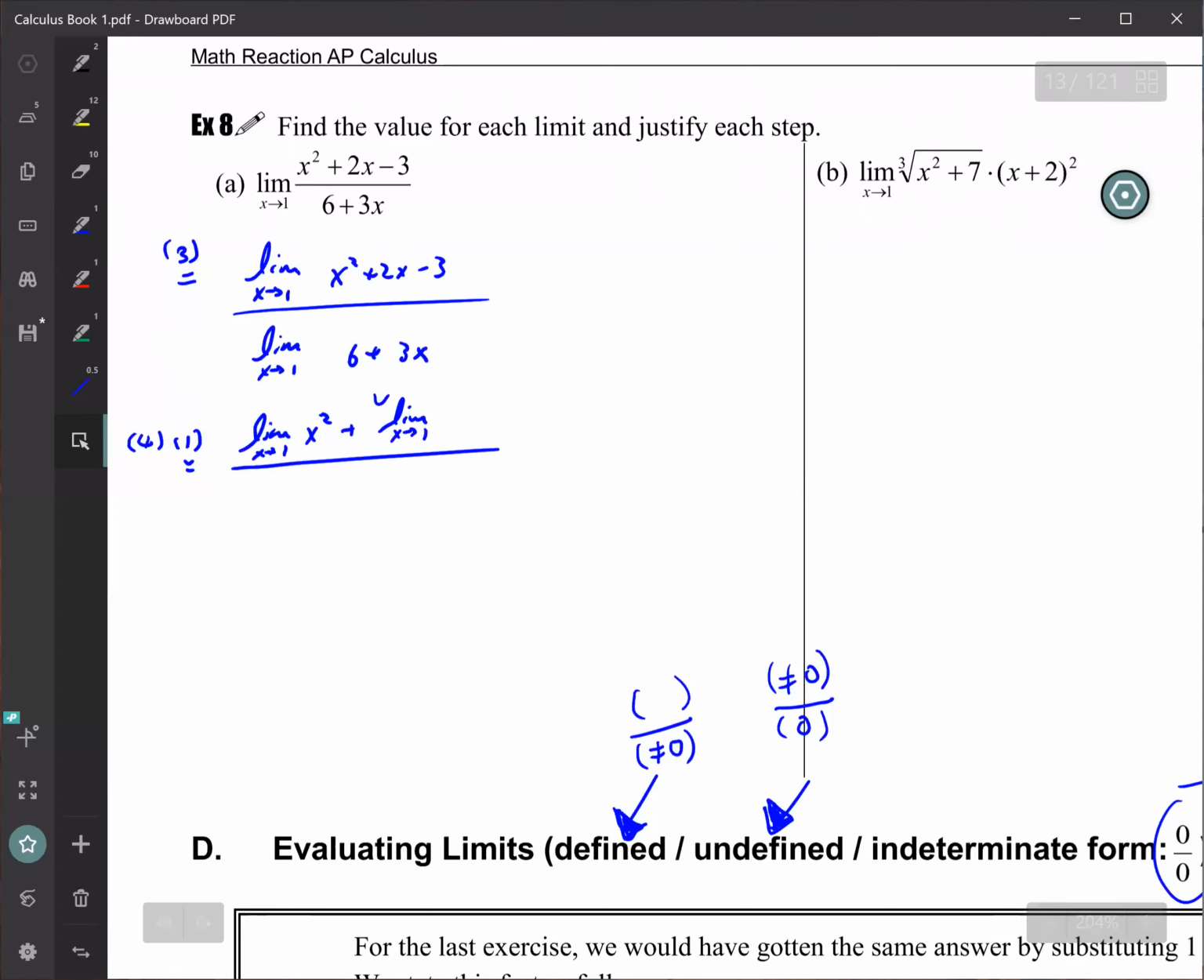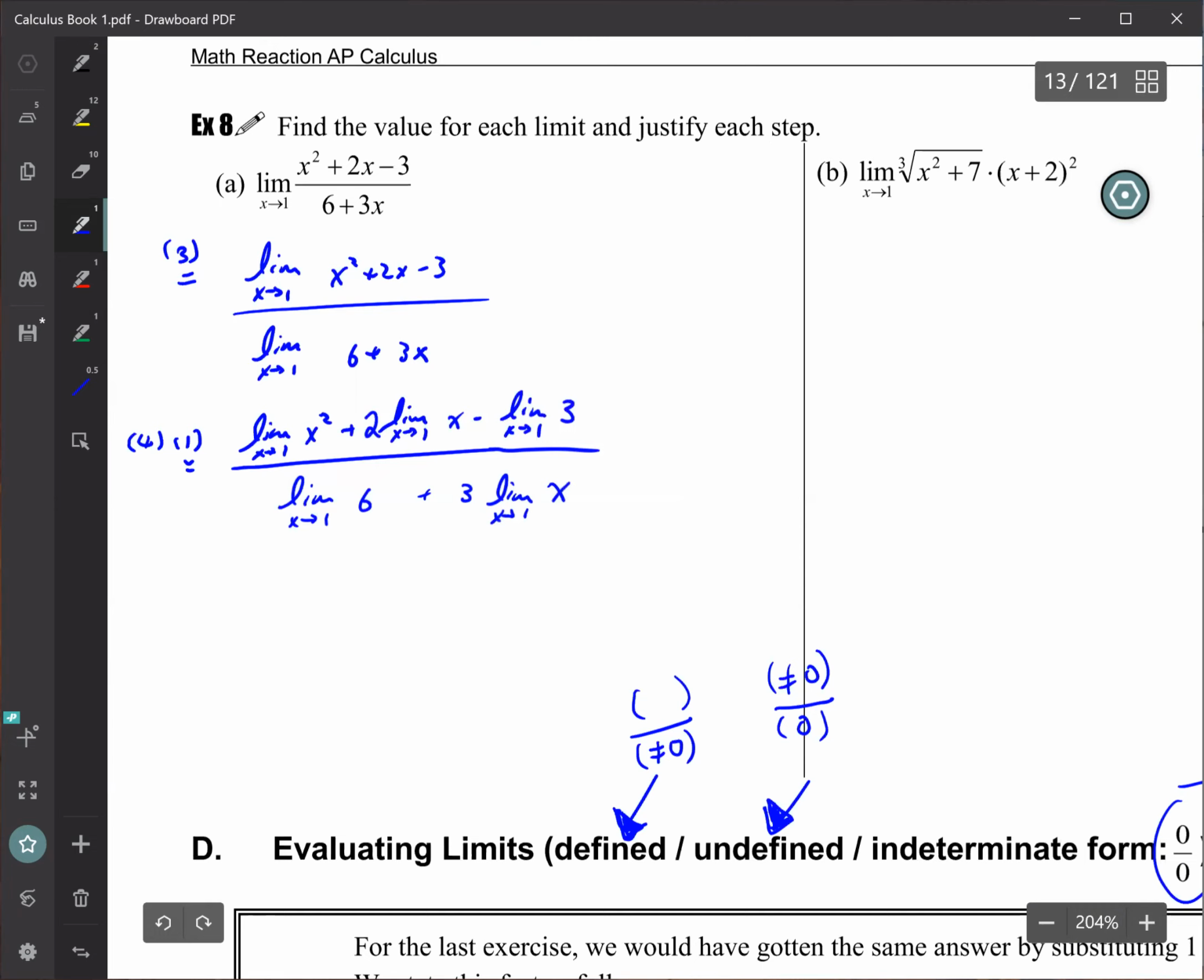So we'll have a 2 at the front and the limit of x. Finally, we have the limit as x approaches 1 of a constant. And then the last part, the denominator, we'll do the same thing, right? We split the limits, limit of 6, and then we also use law number 4 to bring the 3 to the front